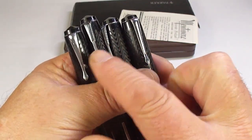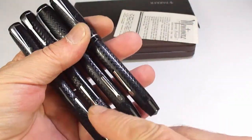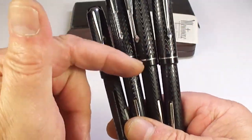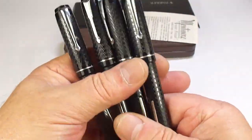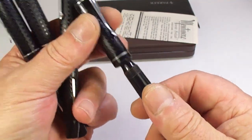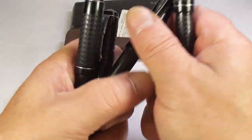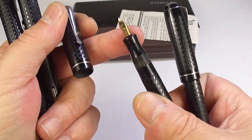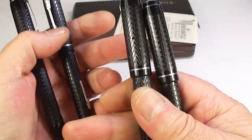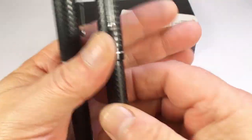Two slightly different clips there, and what we've actually got here is two Platinum pens and two Mintmore pens. I forget which is which, and there we go, gold nib on that one. So if I look at this one here, this should have a gold nib as well. Quite small nibs, but so we've got Mintmore pens, and then these